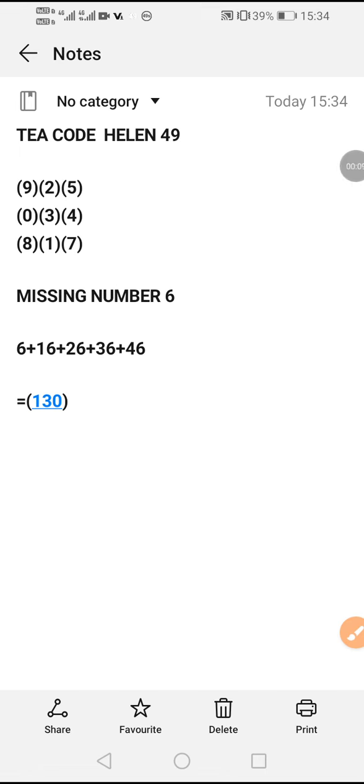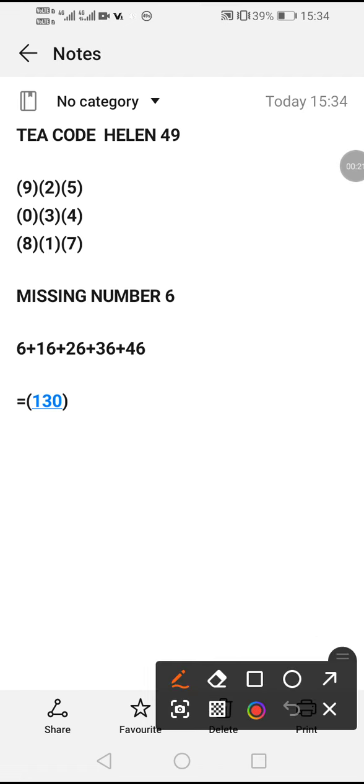So guys, what I'm gonna do, we are doing UK49 now, teatime, Helen. I'll show you a strategy that she normally uses, but this is the code, and as you can see there, I did highlight that it's a missing number. So if the missing number is 6 from the code, it means that we will focus on what?